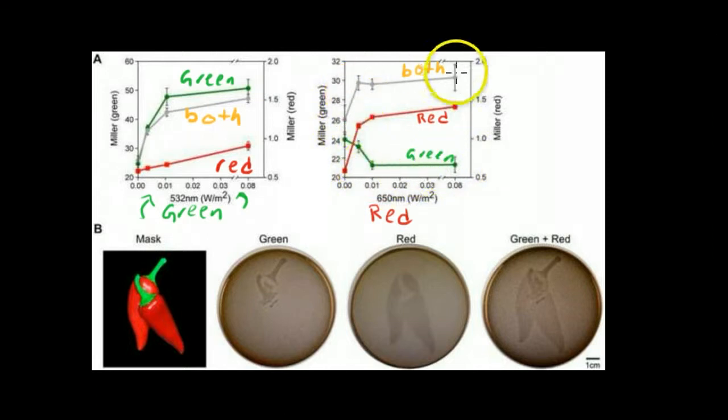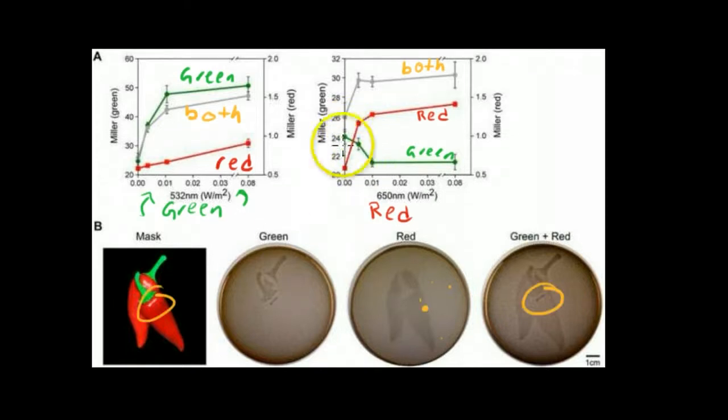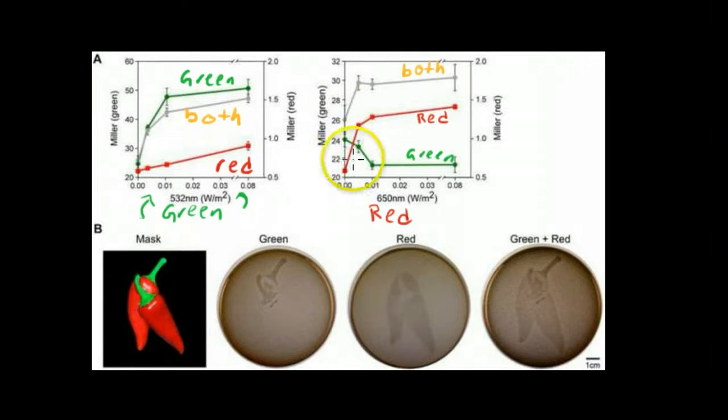And then when you put both of them together, it's actually good to notice that there's a non-linearity here. So as you can see, if I were to add this 24 plus 21, I should get an addition of the two, in so much that 24 and 21 make 45. But we don't really see that. Same goes with over here. They don't directly add together in order to create the overall transfer function that we see in the quote-unquote both